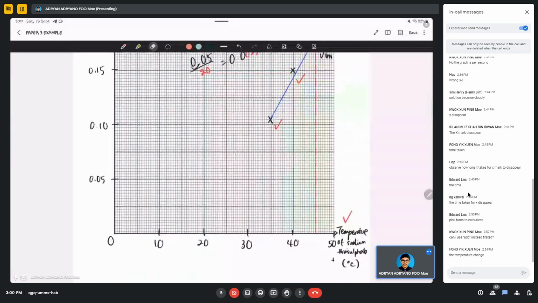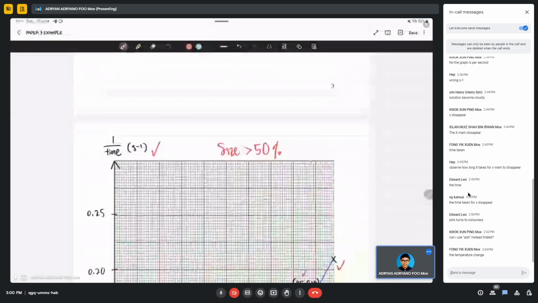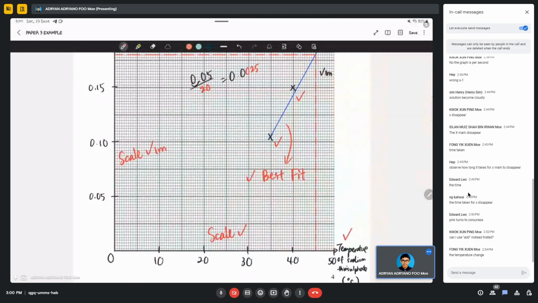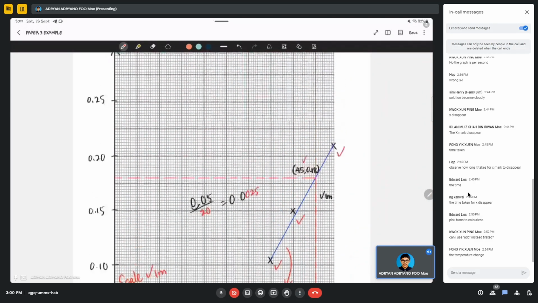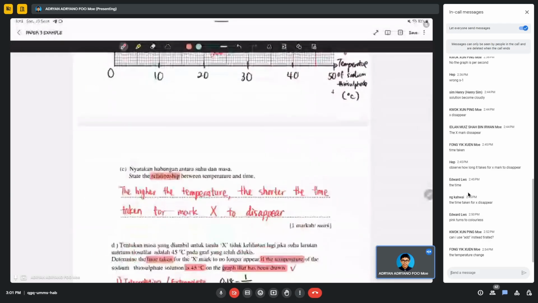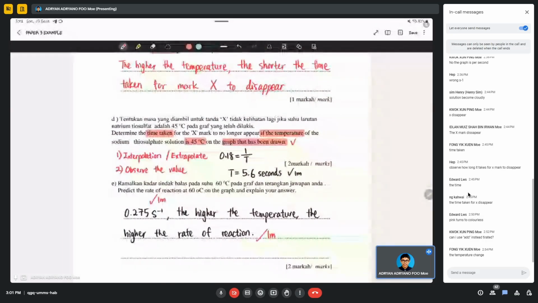Alright. And then what else? Scale. Okay. Then here would be your best fit. Okay, scale even, best fit even. Okay, need the label even, and then all the points correctly labeled, 1 mark. So 4 marks there. Okay, so remember, when they say based on your graph, even if your answer can be calculated, we don't do it that way, because the question specifies